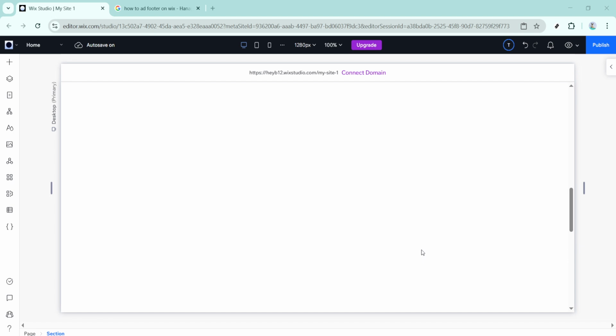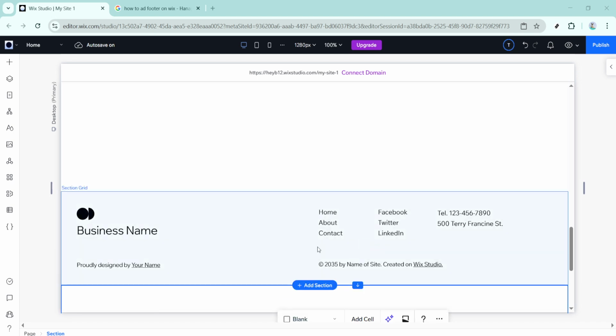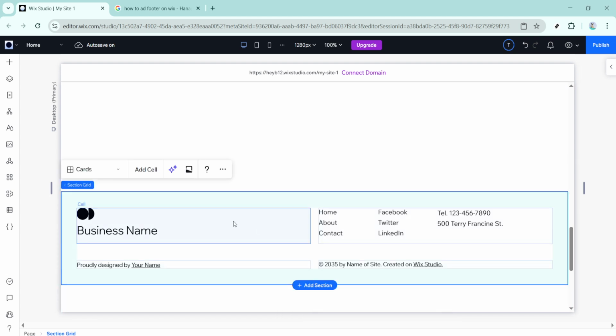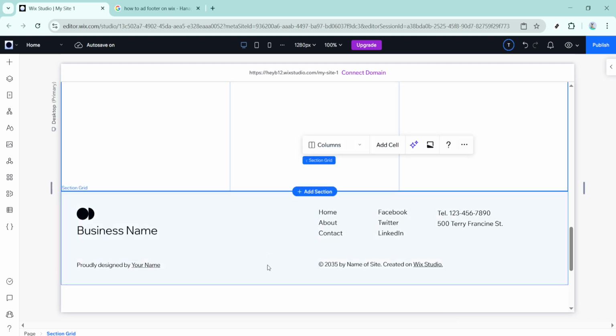First, open your site in the Wix Studio Editor. Once the editor loads and you can see your page on the canvas, scroll all the way down to the very bottom. That's where the footer lives. You'll usually recognize it as the section that repeats across pages and often contains details like copyright text, social icons, or navigation links. When your cursor hovers over it, the editor typically labels it as footer, so you know you're